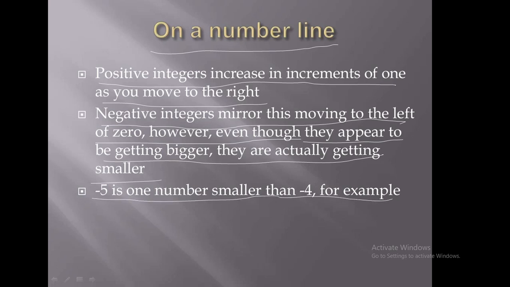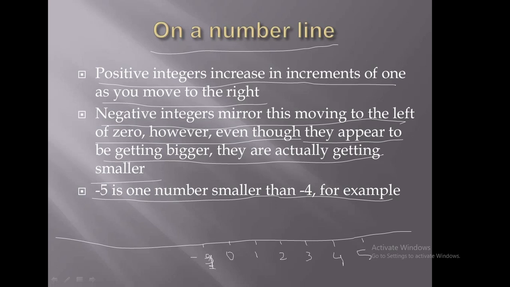For example, with the help of an example, I can explain this more. Here is a number line. This is 0, this is 1, this is 2, this is 3, this is 4, this is 5, on the right hand side of 0. When we move from 0 to the right hand side, all numbers are positive, and when we move to the left side of 0, all numbers are negative.